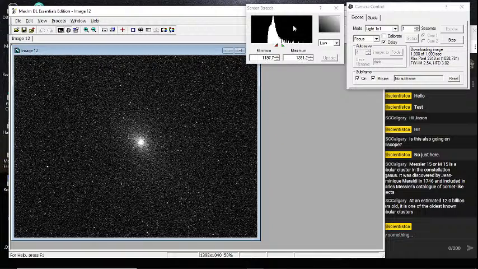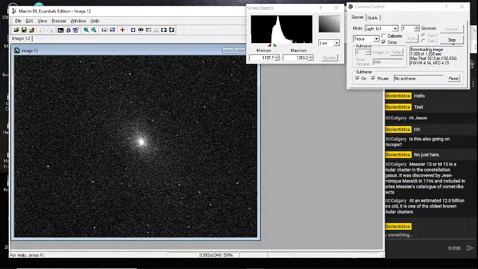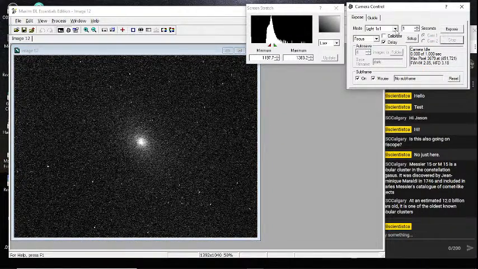Okay, and there we are at M31, the Andromeda Galaxy. Let me just stop this. And what we're going to do is pump the exposure time up to about 30 seconds here, which will give us a much nicer view. There we go. So we're just waiting. It'll be another 10 seconds.